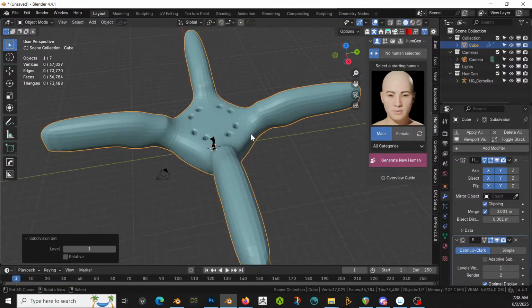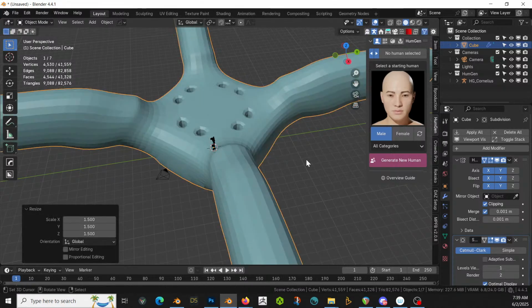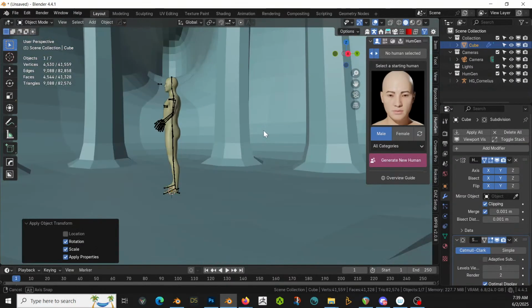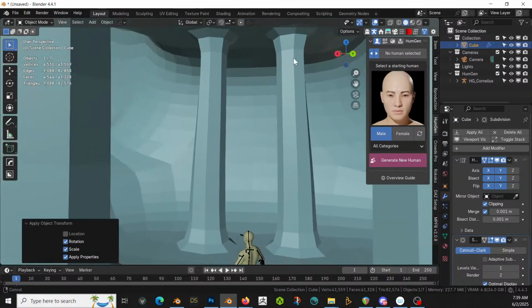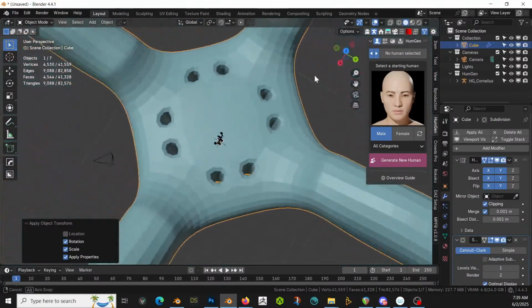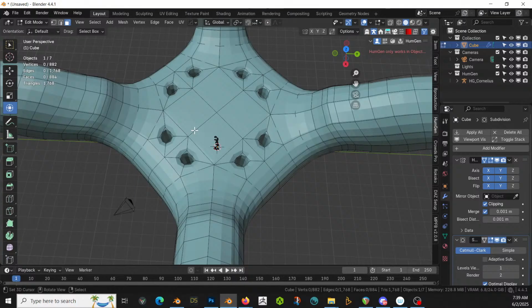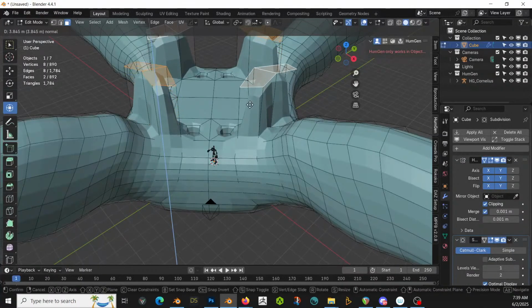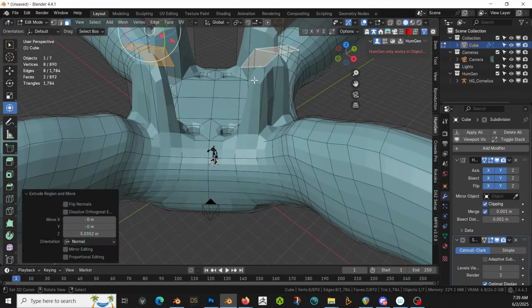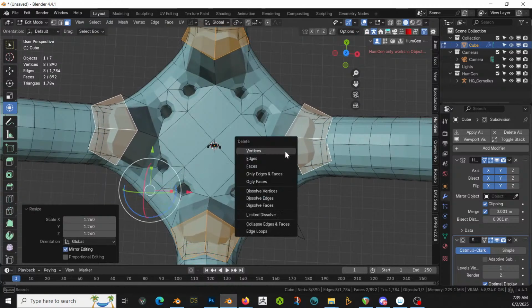Scale is kind of irrelevant, so we can make it whatever we want it to be. Let's do S 1.5, just make it a little bit bigger. Yeah, that feels good. It's a nice big room now. Then back in, and let's see. I want to take these, and these, and E up like that, and S out slightly, cool, and then X